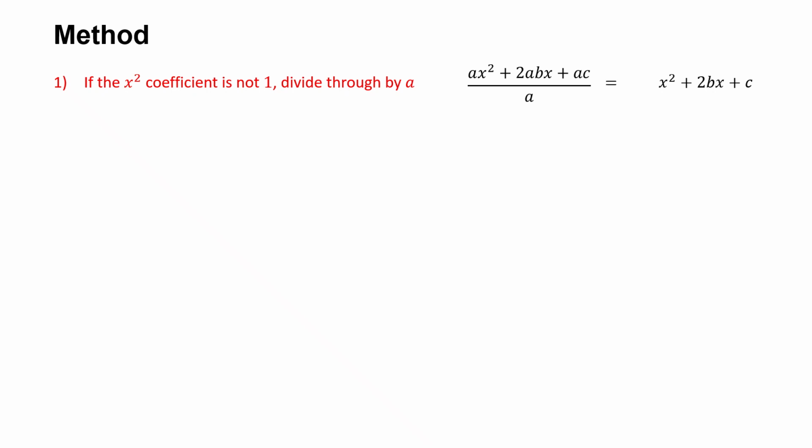For simplicity, I've multiplied each term by a, so it comes out as a nice quadratic equation. But if it was just ax squared plus 2bx plus c, we'd divide the whole thing by a. So we have this first term as just x squared. So now that we've done that,